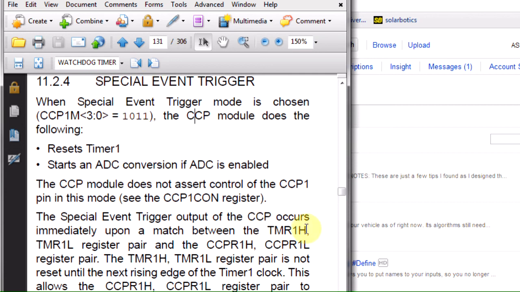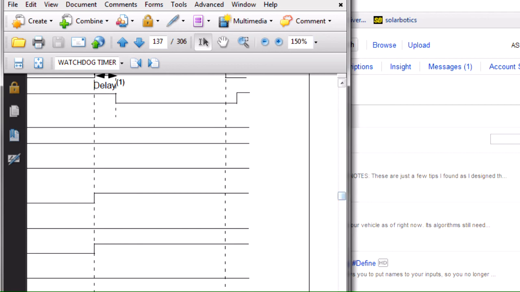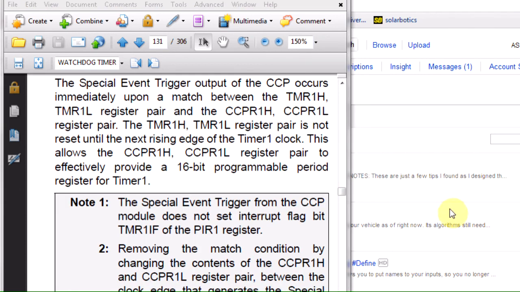The way we do that is we use the CCPR1H and the CCPR1L. What this does is the PIC compares the value in these 2 registers to the 2 values of the actual timer itself. And once the timer is equal to the values inside of the CCPR1 registers,